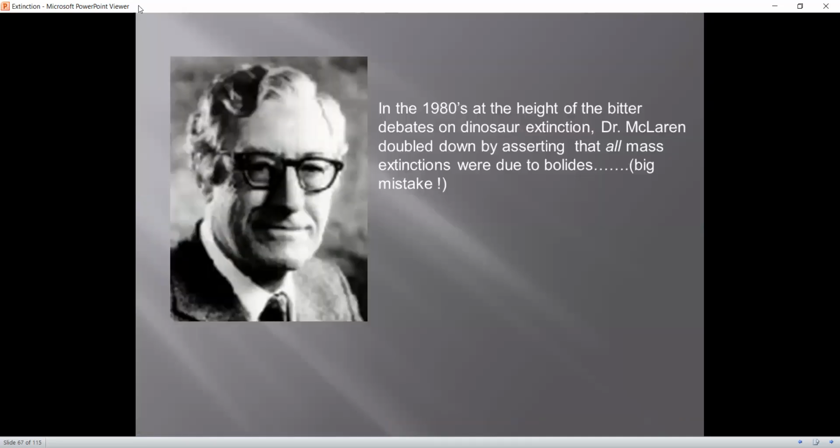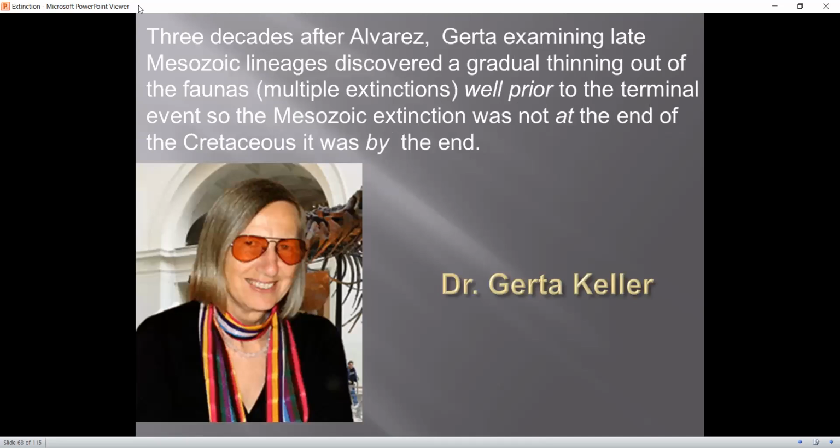All right, so then we go back to Dr. McLaren, and he looks at this and he says, you know what? He still didn't have any evidence, but he decided that all mass extinctions, you saw they had over 20, they had a score of these things, so we first started talking to you, he said, these are all due to bolides. Every one of them are all due to meteors. He just says blanket. He published a paper, which was a bad mistake, because after that time, a few years